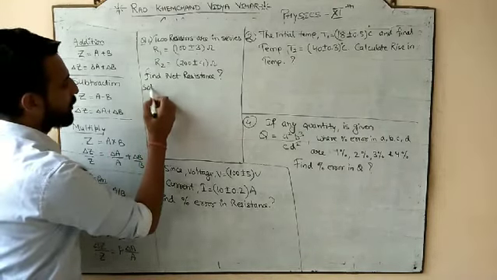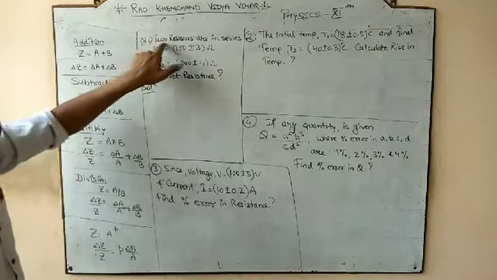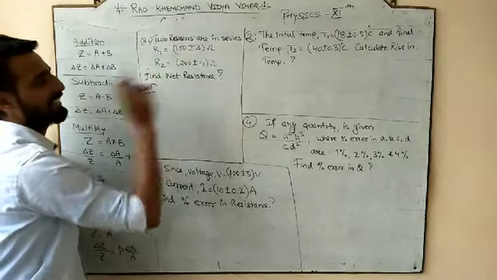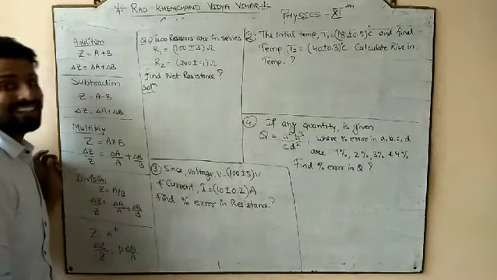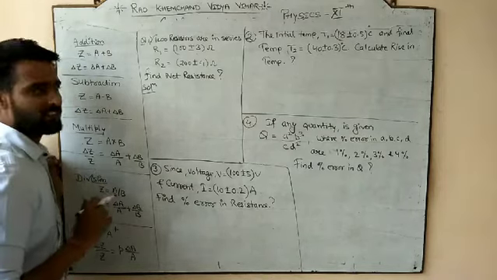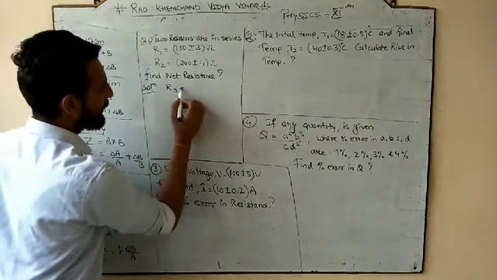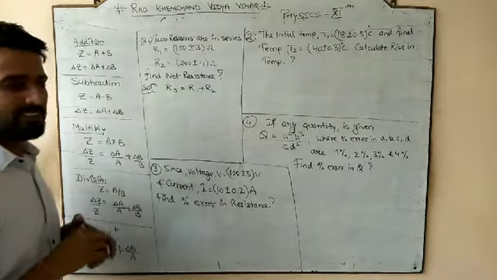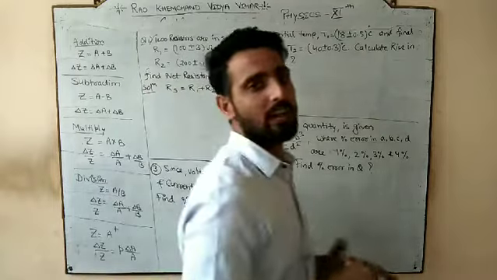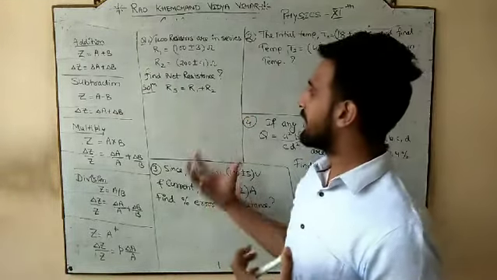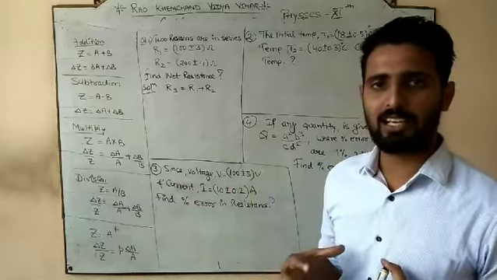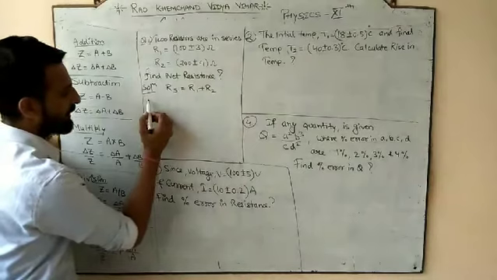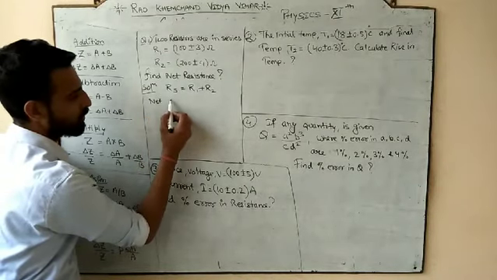So what is he talking about in the first numerical? Check this out. Two resistors are in series. First resistance, second resistance. And he is asking the net resistance. So according to your class 10th knowledge, in series, the net resistance is the algebraic sum of the two resistors. Means in series connection, Rs is equal to R1 plus R2. So if I want the net resistance, which mathematical operation do I have to perform? I have to perform the addition. So if it is so, I can find out the net true value of Rs.